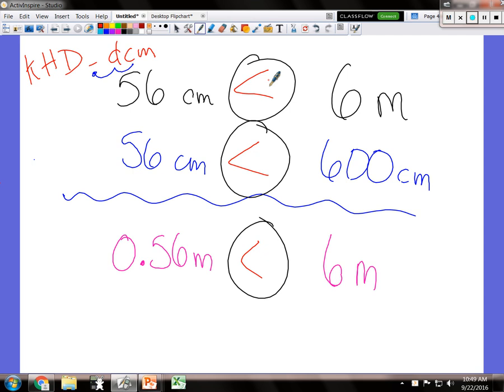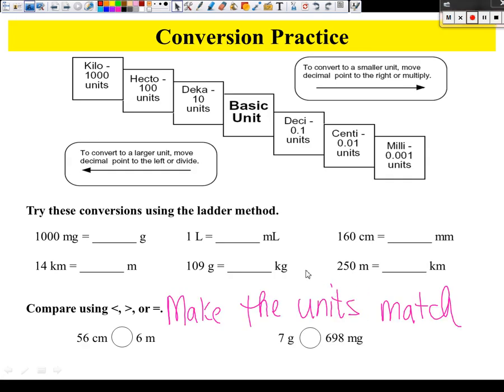We cool with that? Now, 6 meters. How would I represent 6 meters with this thing? I need 6 of them. So visually, what's more, 6 of these or 56 centimeters in the one? 6 of these. Does that make common sense? Okay. So distance is a lot easier to figure out, but like I said, when you start getting into volumes and you start getting into masses, it's harder to visualize than distances. All right, so what I want you guys to do is I want you to do the other one,